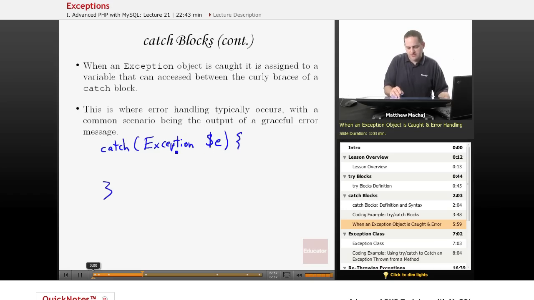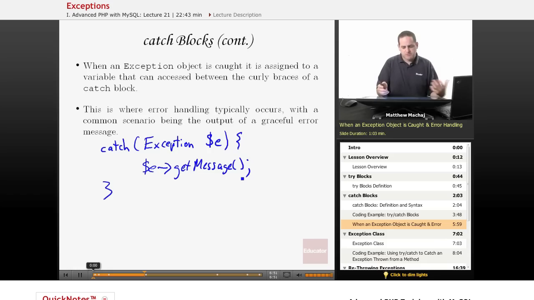If we wanted to access the different properties and methods of this exception object, which we're going to talk about in a second, you would do it using this E variable. For example, E get message, which gets its error message. In these catch blocks, this is typically where your error handling occurs and allows you to gracefully exit rather than just having some terse PHP error statement going